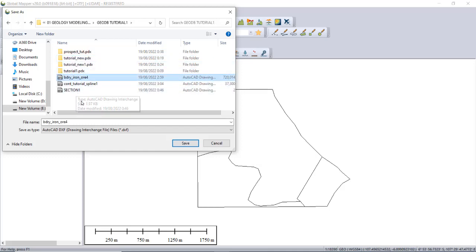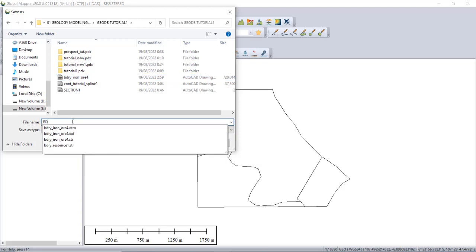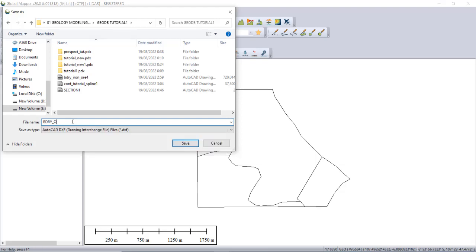Boundary iron, not boundary, or body 1. Okay, boundary or body 1.